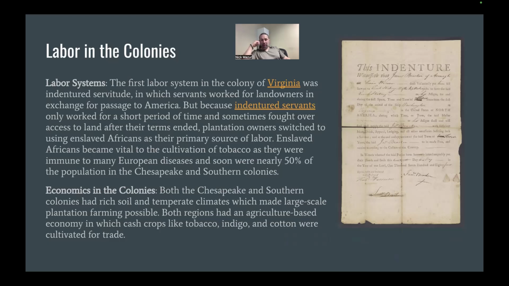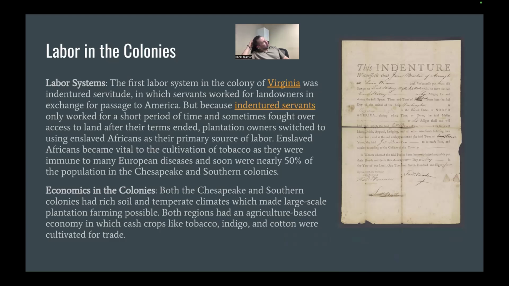So then the next thing they try is indentured servants, right? People in Europe looking for passage to the New World sign what is known as an indenture, right? An agreement, a contract, where they will agree to work for a person who will pay for their voyage, some of their living expenses and maybe some of their food, and they will work off their time while they're here. Once their indenture is up, these are individuals who can now be free to try to buy their own land, earn their own income, et cetera, et cetera.